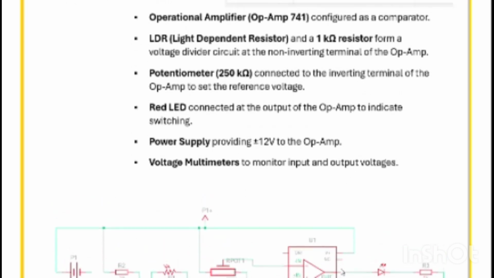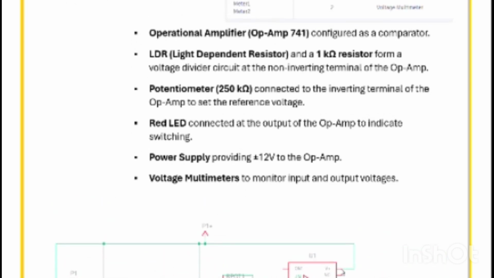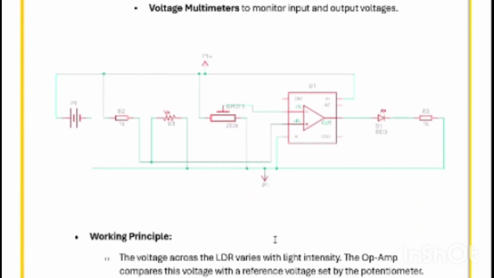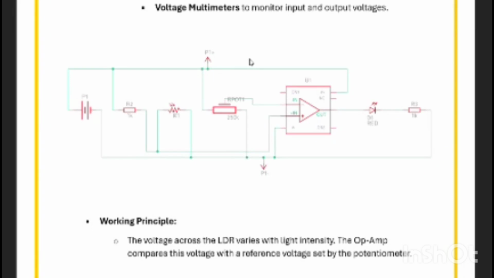Power supply with 12 volt, potentiometer with 250 kilo ohm, LDR with 1 kilo ohm. And this is the basic layout that we got from the Tinkercad software after doing the simulation. When we did the simulation, we got its printout showing how our simulation looks as a layout or as a circuit. So here you can see,